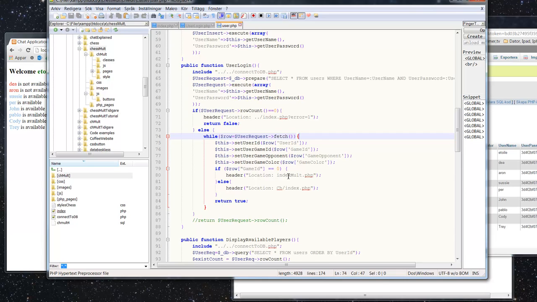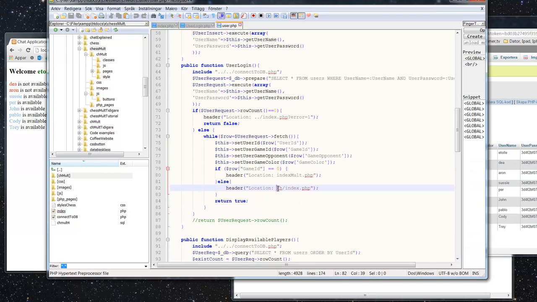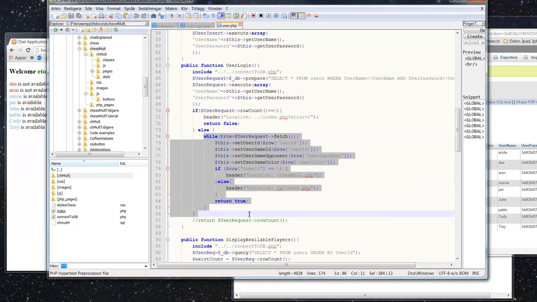If it's 0, you're not in a game, so it goes to this. If it's not 0, that means that you're in some multiplayer game. This will be something else than 0, then you're in a game. So then it's gonna go to this location right here, and this is a game where you're at with another opponent. And then if we went to a username with a password, we always do when we